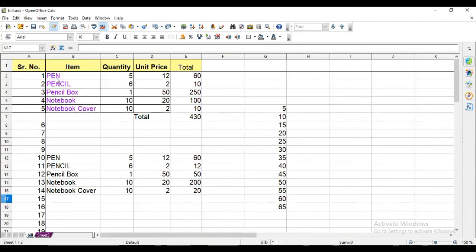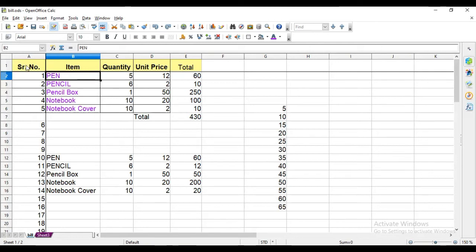Now for different purposes, we need to select a particular part of the worksheet. For example, copying, pasting, or moving content from one place to another. When we want to copy or move single cell content, we select a single cell. So how to select a single cell? Click on the particular cell that you want to work with or edit. For example, by clicking the cell.